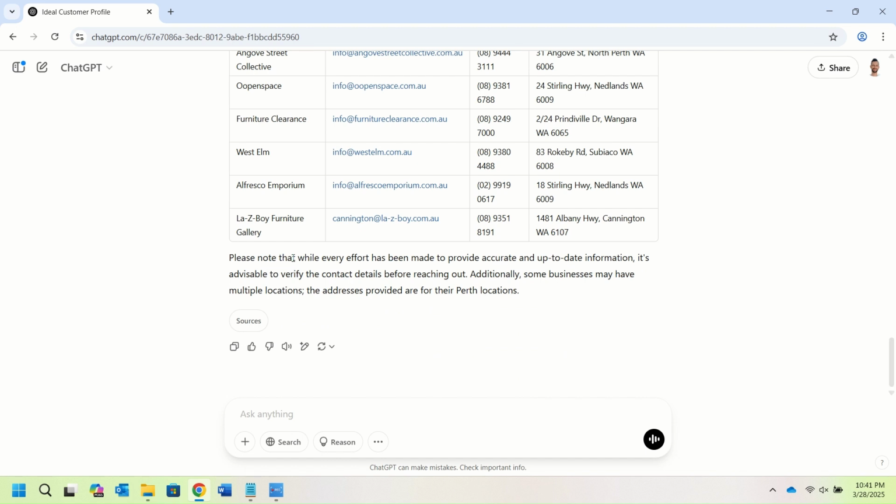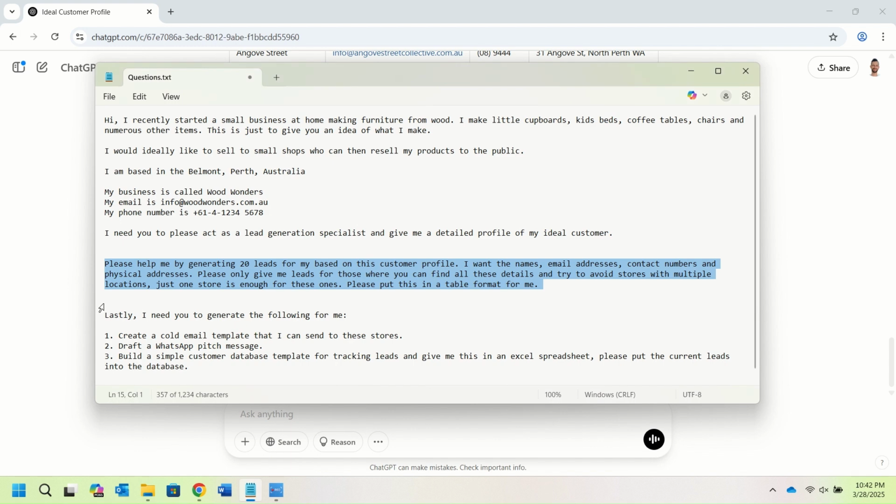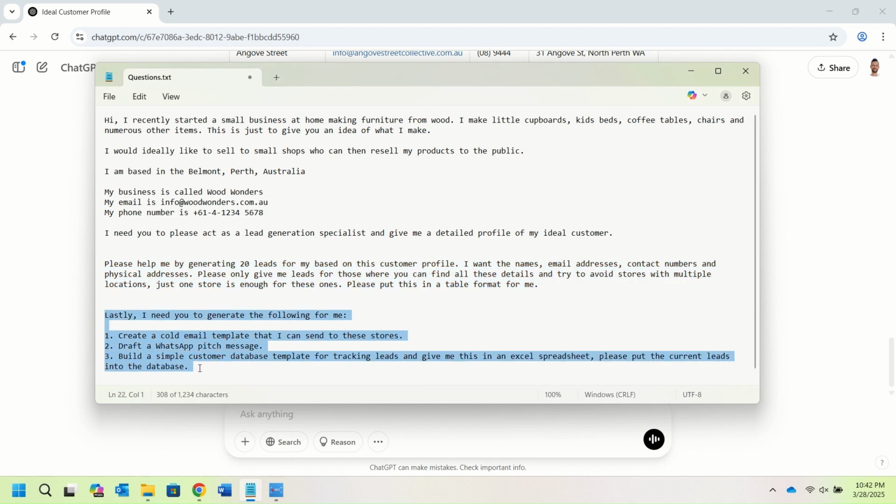It says, while every effort has been made to provide accurate and up-to-date information, it's advisable to verify the contact details. Some of them may have multiple locations, but this is basically the newest information that it could find for you on the internet. And then just ask it one last question,